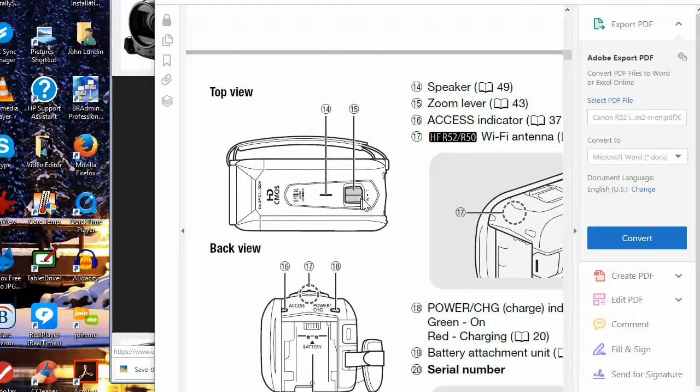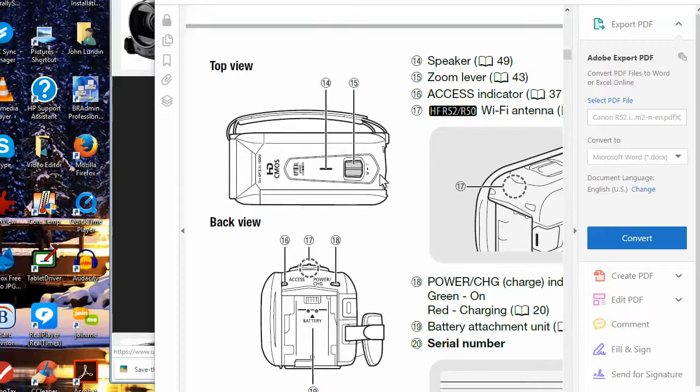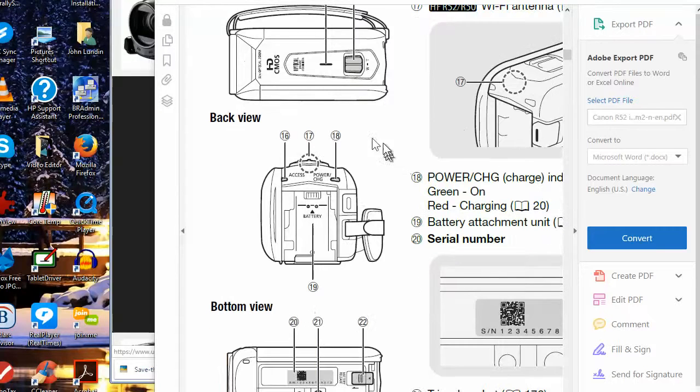Okay. Then 15 is a zoom feature, so that it basically moves closer toward the thing in focus, or moves it away, so it zooms in and out. Okay, and all these things are part of the inputs that go into a camera, or outputs that come out of a camera. Now we get into the idea of the back view, and it shows a couple of things like lights. Okay, there's the access light, which